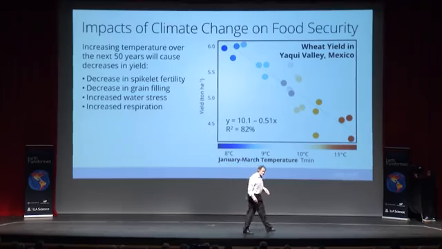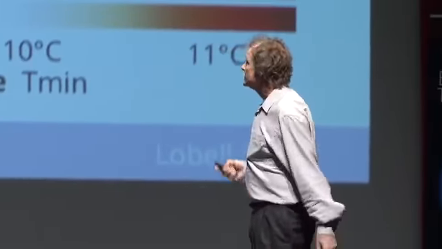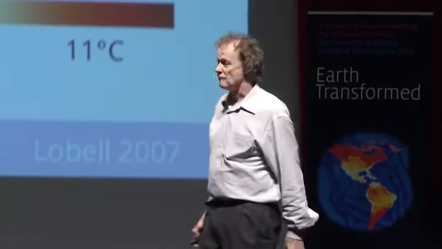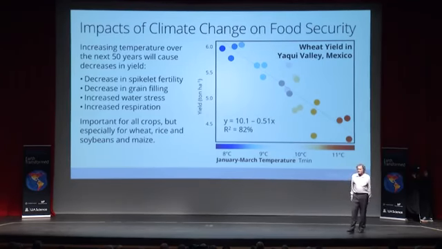Why I didn't know this in upstate New York is because we're near the optimal temperature. And if I wobble around from the optimal temperature, I don't wobble far. Right? So I don't actually see the effects of temperature. But if you live in the tropics and subtropics, you're well beyond the optimal temperature, so as you increase, yields just go down. Right? Especially important for all crops, but especially for wheat, rice, and maize.